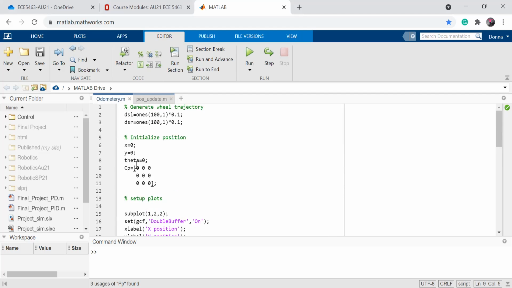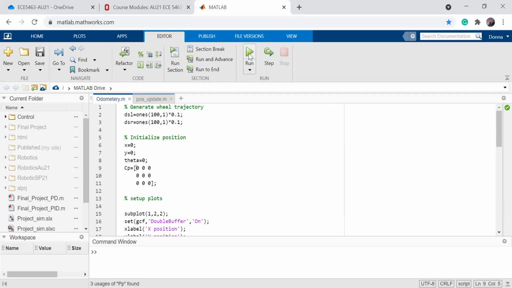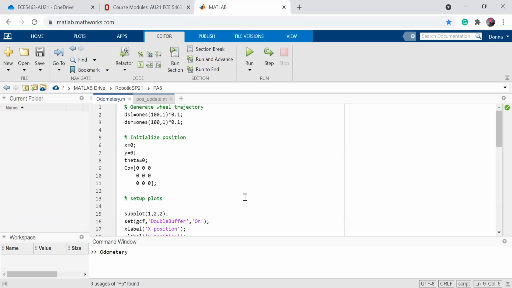So here, the initial covariance with position is 0 because we start at position 0. But then in the pose update, we are updating those values here, right? Every time we are moving, we are updating with that little delta theta. So you see that here is a 3x3 matrix, and this one is a 3x2 matrix. And if you plot that, it's going to show